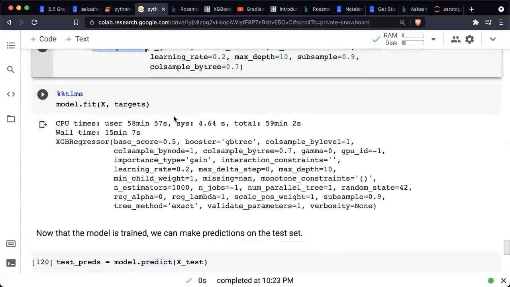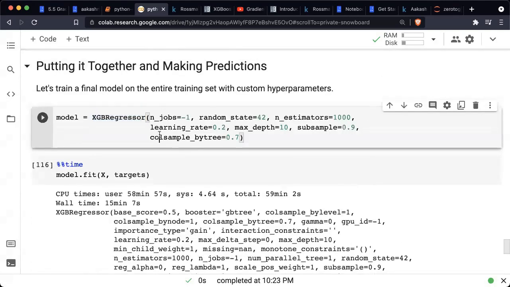And now here we have not done cross validation. So one thing we could do is we could also do k-fold cross validation. That would give us 5 models, and then we could average out the results of those 5 models. Or another thing that you could do is you could train 5 models with 5 different sets of hyperparameters, and then average the results of those models. Yet another thing you could do is you could train the best possible random forest model, the best possible gradient boosting model, the best possible deep learning model, the best possible SVM, support vector machine kind of model, and then average all of their results.